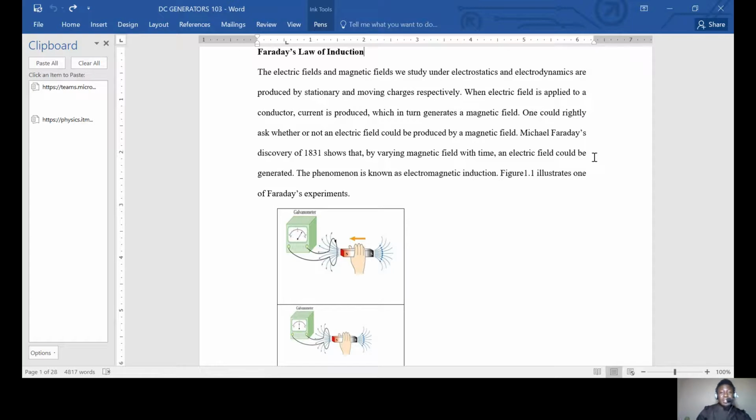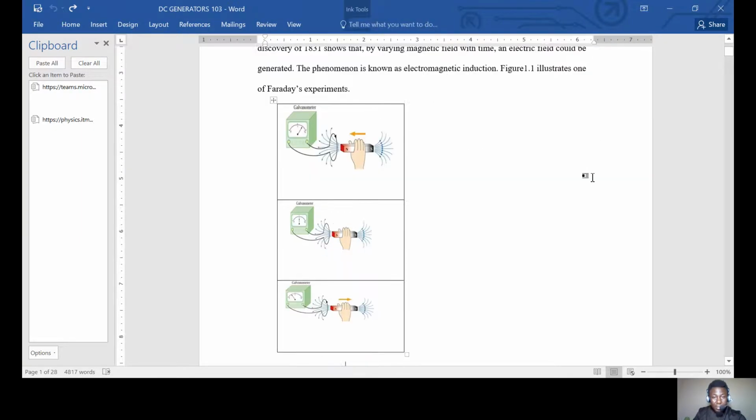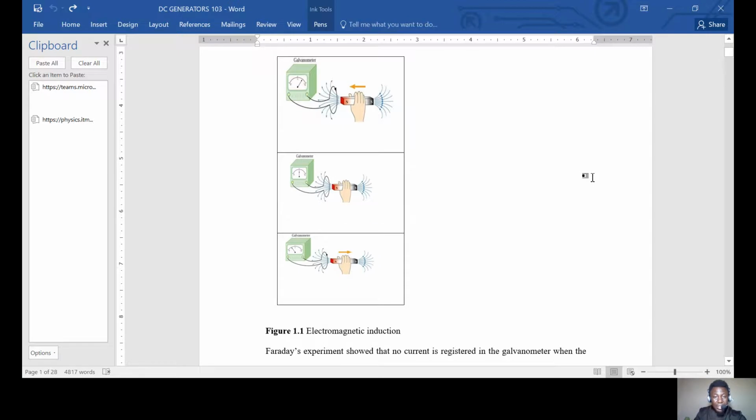Michael Faraday's discovery of 1831 shows that by varying a magnetic field with time, an electric field could be generated. The phenomenon is known as electromagnetic induction. The figure below, figure 1.1, illustrates what I just spoke about, which is Faraday's experiment. We can see here